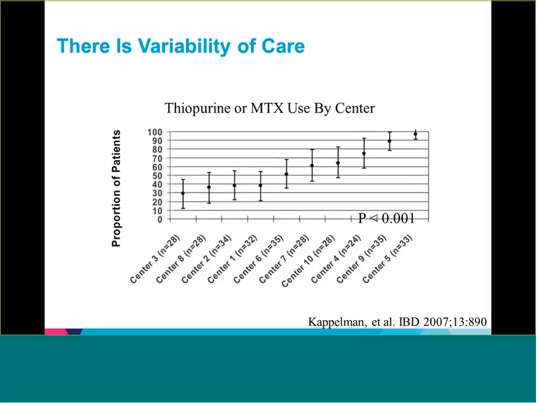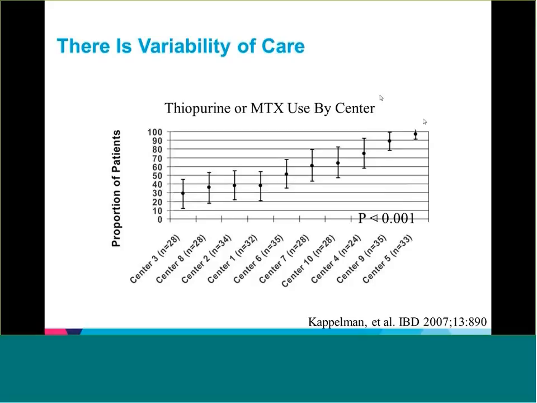And so I mentioned before that we try, that whole sort of Six Sigma idea of doing everything in a very similar fashion and in a repeatable way is very important. And so a conglomerate of 10 centers of IBD pediatric care were analyzed by Mike Kappelman, a colleague of ours down at the University of North Carolina, and he found that thiopurines, which are 6-MP and azathioprine-Imuran, and methotrexate really had a center-to-center difference in how they were